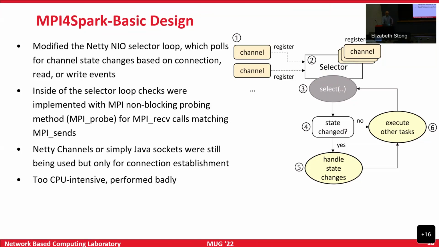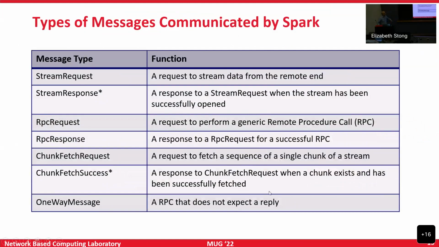So then I gave Kenan a little hard time and told him that we need to do something about it. Then we went into more details, and we saw that Spark is communicating all these different types of messages, right? Some of these messages are simply maintaining state, like: are you available? Is the worker alive? But really, the shuffle messages were communicated as part of the chunk fetch request and chunk fetch success messages.